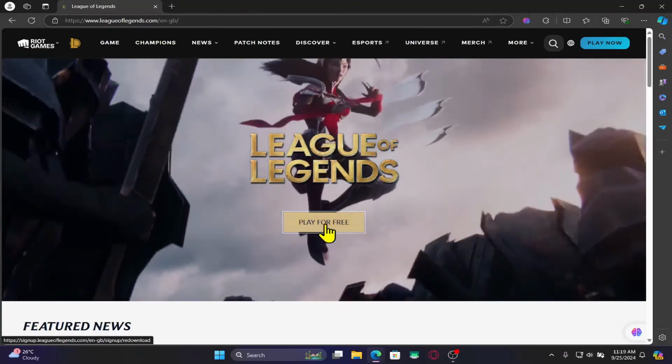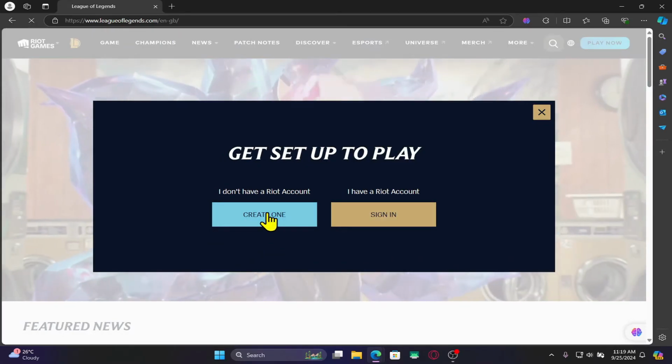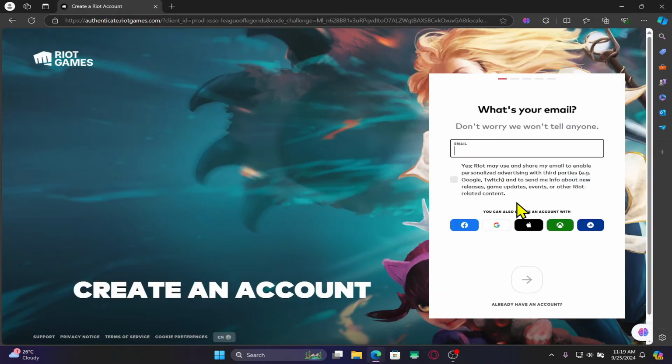Click on the play for free button and now you will have the option to create a new account or sign in to your existing Riot account. Click on create one if you don't already have one and now you will be taken into the sign up page. Just type in your preferred email address that you wish to use for your sign up and then click on the checkbox. You can also use your Google account, your Facebook, or your Apple and Xbox as well as